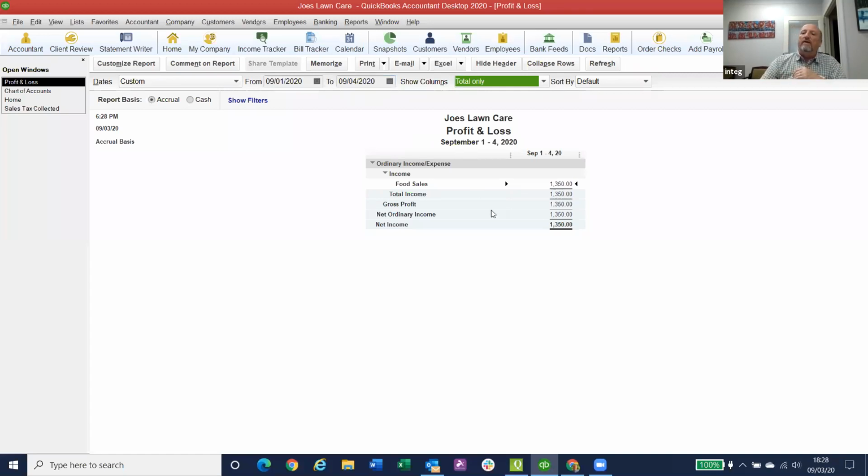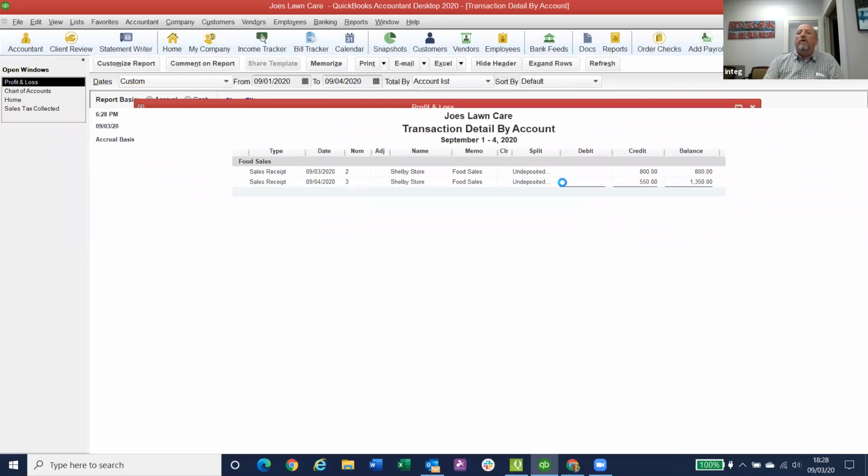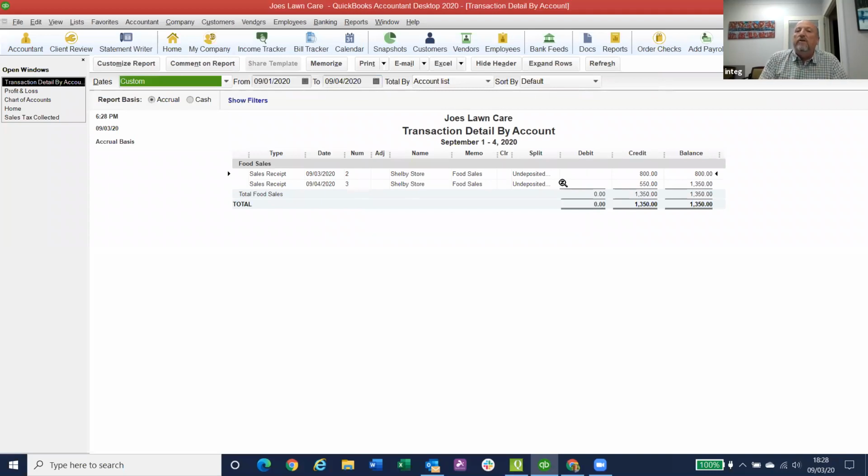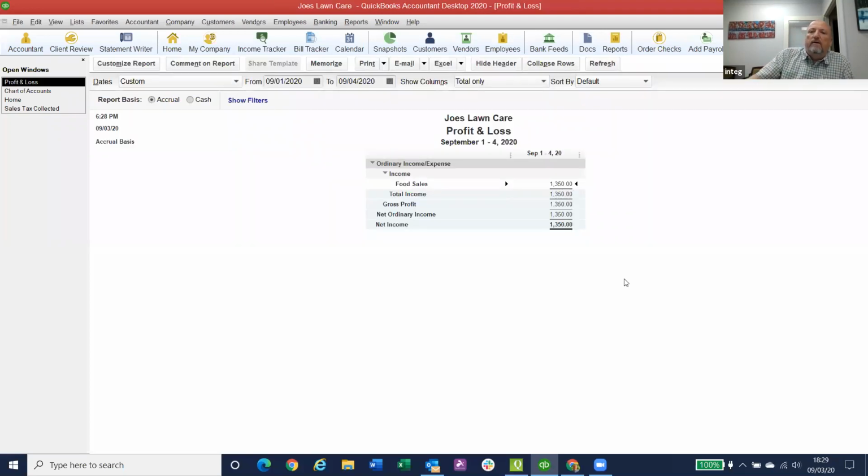And so it says food sales $13.50. And if I double click on that number, I can actually see, yes, on the 3rd, we took in 800. On the 4th, we took in 550. Now, it doesn't matter how you got paid, cash, check, whatever. These are your food sales for those days, okay? All right, so let me close that. All right, so we did some work